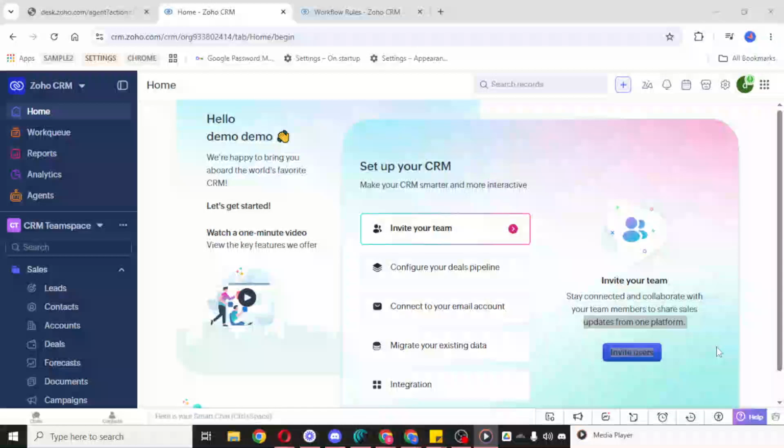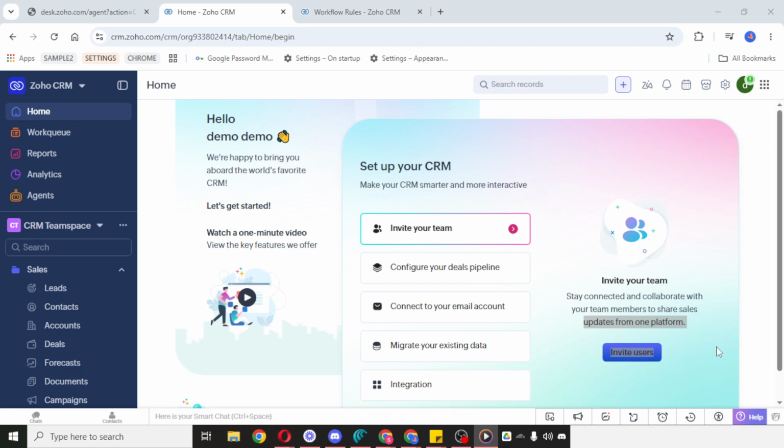In today's video, I'm going to teach you how to create an invoice in Zoho CRM. To get started, open your Zoho CRM account and make sure you're logged in so you can access the main dashboard. Once you're inside the platform, take a moment to orient yourself with the menu options. This will make the process much smoother, especially if you're new to Zoho CRM or if you don't use the